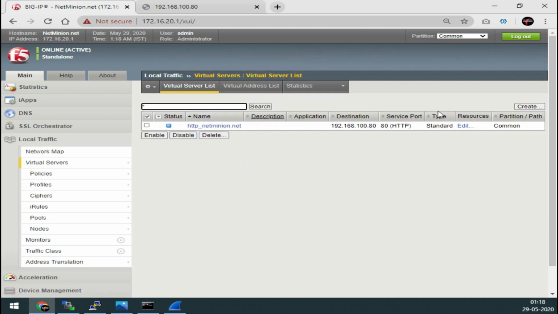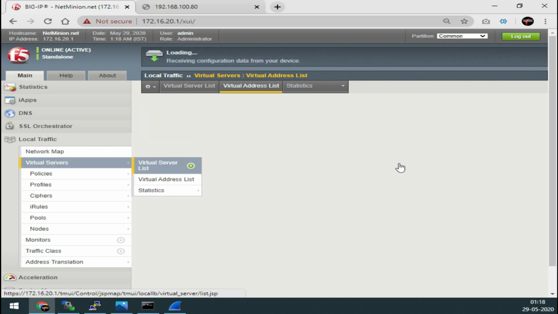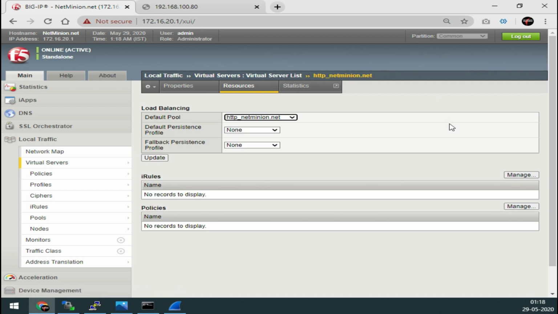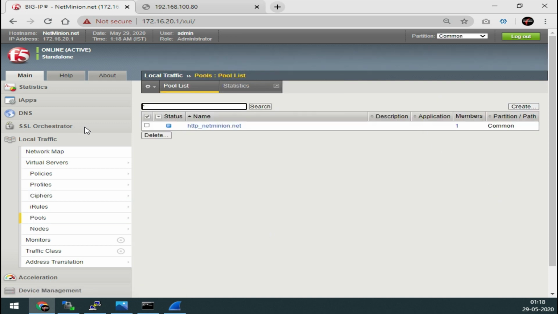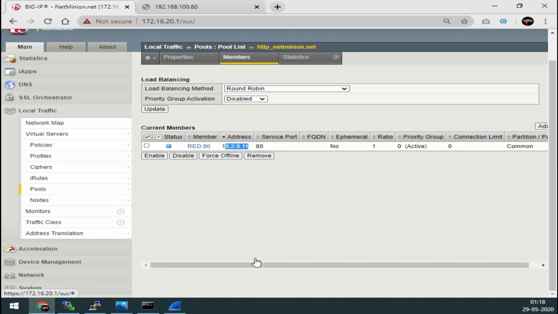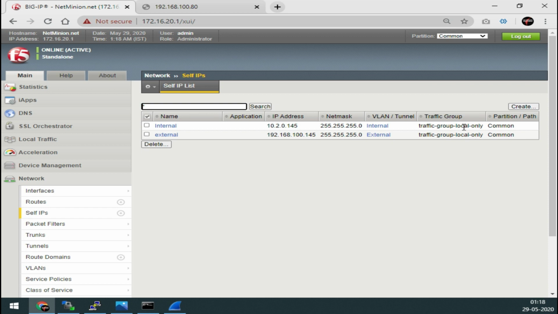So what are my pool members? We can check from here. If I go to the virtual server, into the resources, we have this pool available, and in this pool we can see that only one server is there, that is 10.2.0.11, and my self IP is also from this VLAN: 10.2.0.145/24.